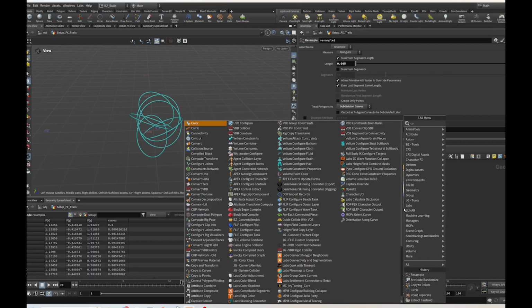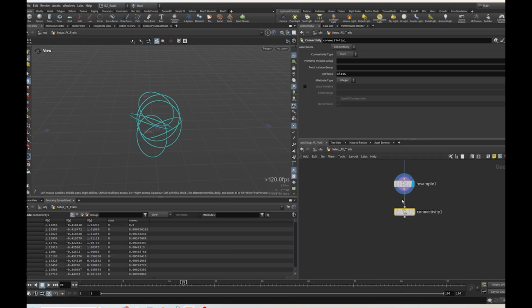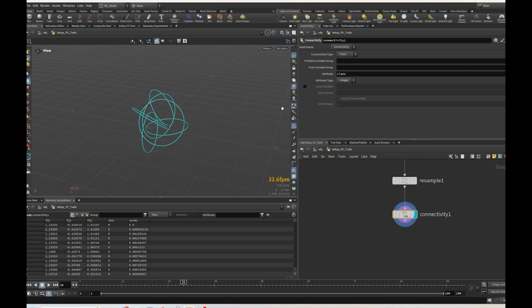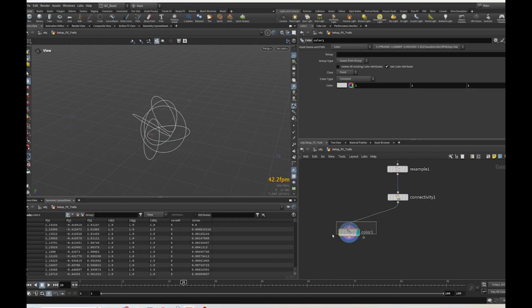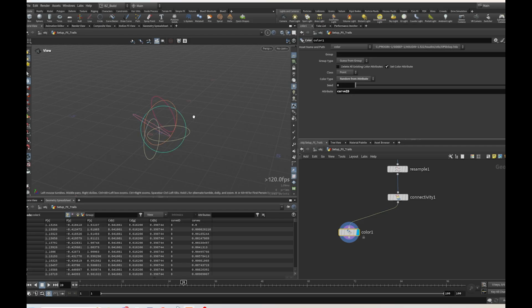And then we can give each of the circle an ID. So instead of a class, let's do a curve ID, and we can visualize this attribute by a color sort, and the color type should be random from attribute. So let's do a curve ID here. So you can see that each circle will have a different color. Okay, so